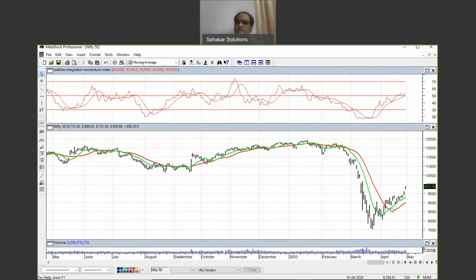And again, you will see here. Here the short term moving average went above the long term moving average, and price moved over and above both of them, and the market went up eventually. That is what happened here, that you can see very easily.